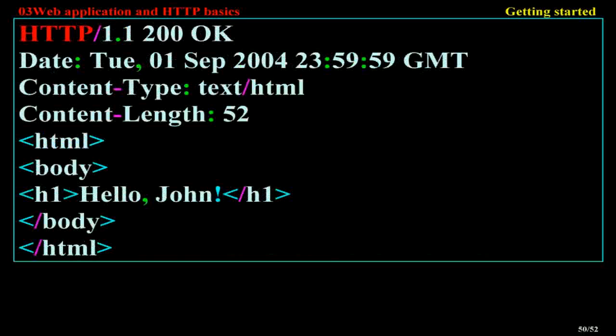HTTP/1.1 200 OK. Date: Tuesday, September 1st, 2004 23:59 GMT. Content-Type: text/html. Content-Length: 52. <HTML><BODY><H1>Hello, John</H1></BODY></HTML>